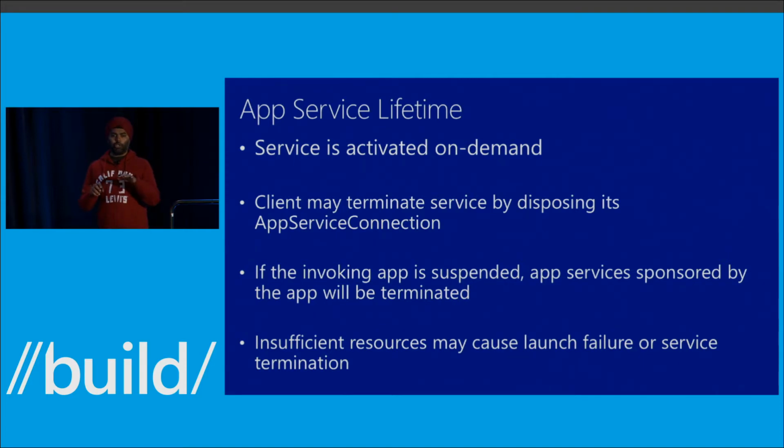Now, if you're launching a whole bunch of app services concurrently, like 5 or 6 different app services from 5 or 6 apps, you also need to think about the amount of memory each of those app services uses up. And if you try to launch an app service and we have no memory for you, we'll come back to you and say, no, can't launch that one. We'll tell you, resource limit exceeded or something like that, which will tell you that there's not enough resources here. And those resources almost always mean memory, because we've got quad-core processors now, and CPUs aren't a big problem.